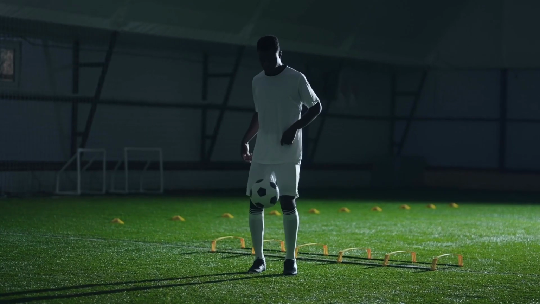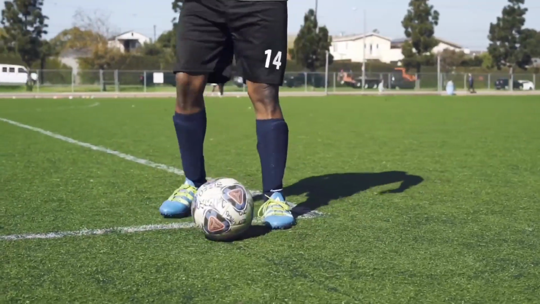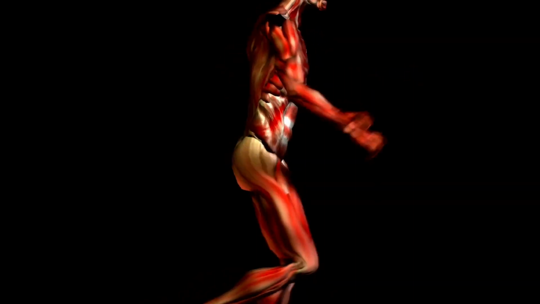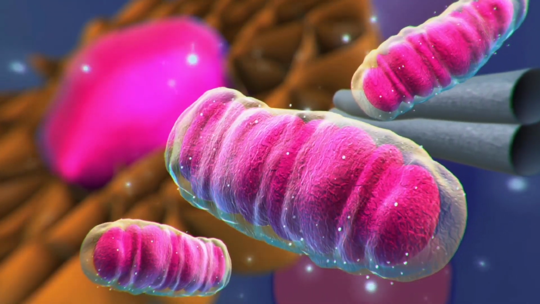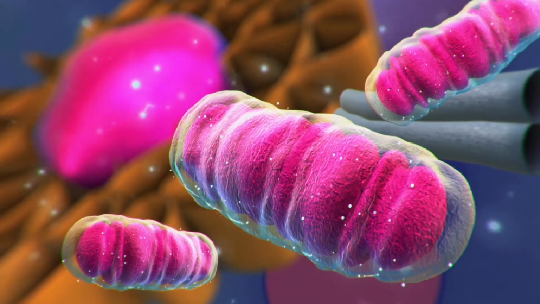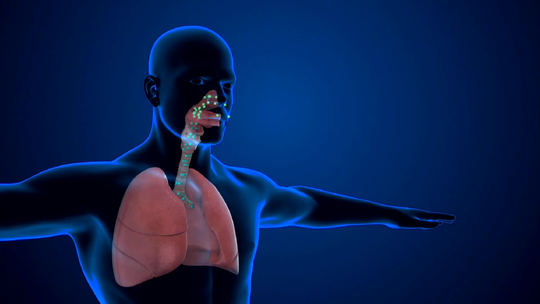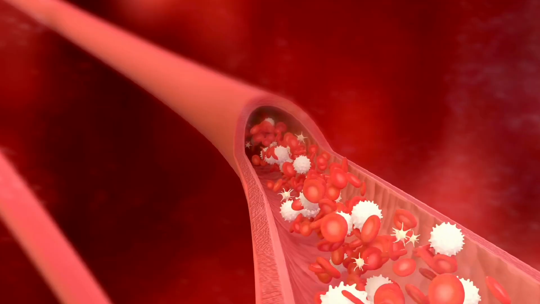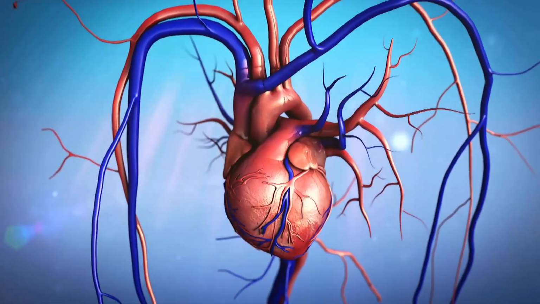Let's think about how all this relates to Lewis. If Lewis is going to have enough energy to last for his whole training session, his muscles will need a good supply of energy. This means that the mitochondria inside his muscle cells will need to carry out lots of aerobic respiration. The mitochondria will need oxygen, so Lewis will breathe oxygen into his lungs. The oxygen will diffuse from the lungs to the bloodstream, and the heart will pump the blood around the body.